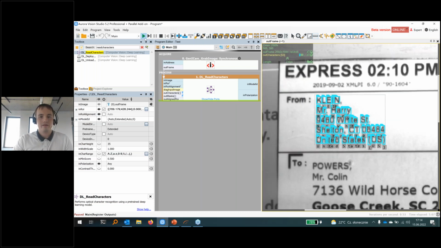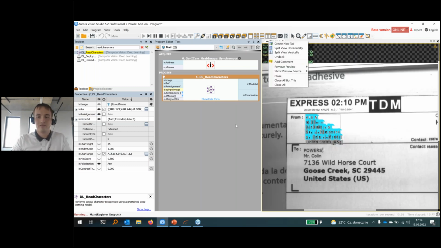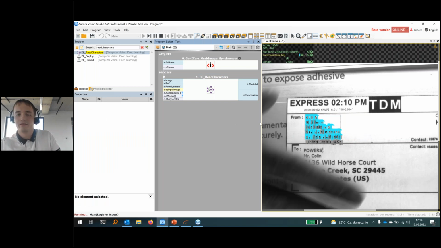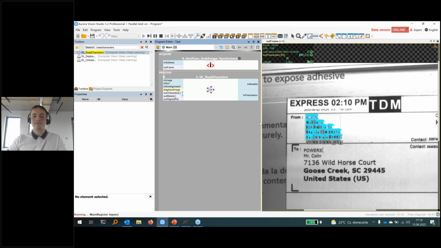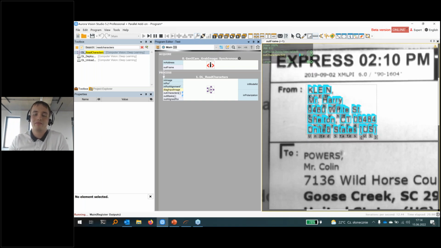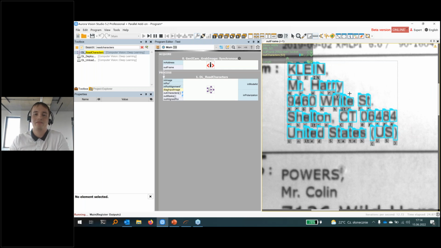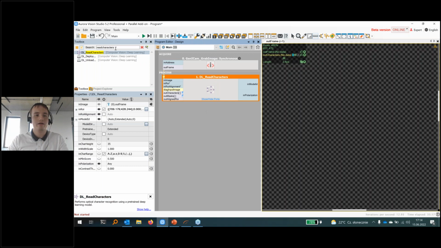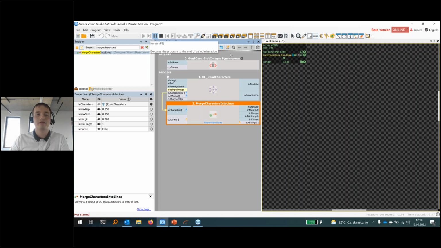So when I go live with the image, we can see that if I obscure it, nothing is here. Okay, but right now, this is nice, but we just have some characters in some arbitrary places. We don't yet have any text. So to fix this, we can use another of our filters. This one is not based on the deep learning. Merge characters into lines. And if we connect the characters into this and run it,